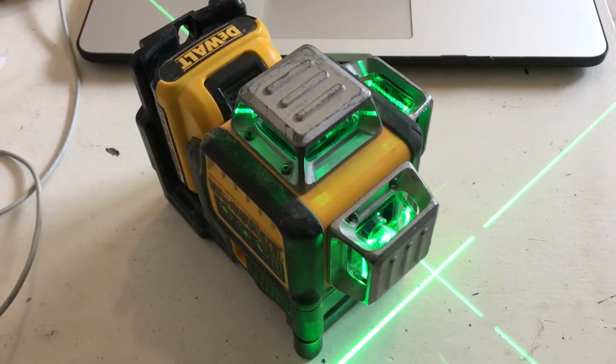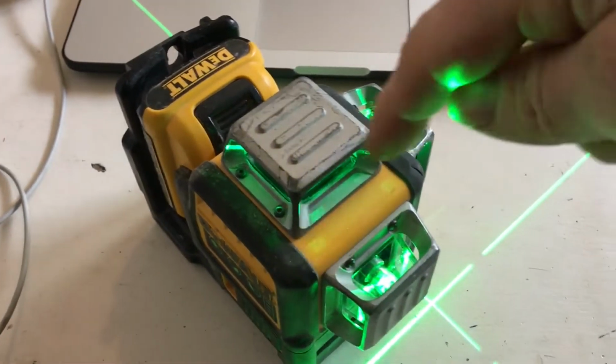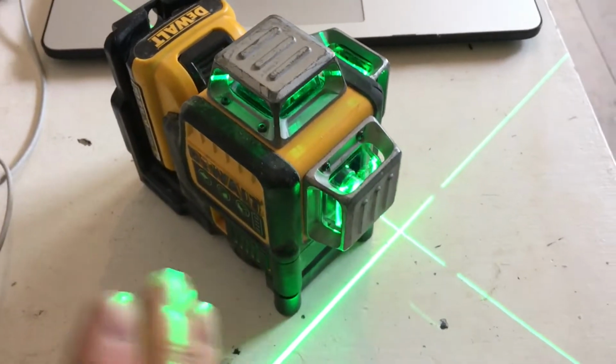D-I-O-C-D D-I-O-C-D. Now you pay more for emitting the light 360 degrees rather than 180 degrees around the front of the